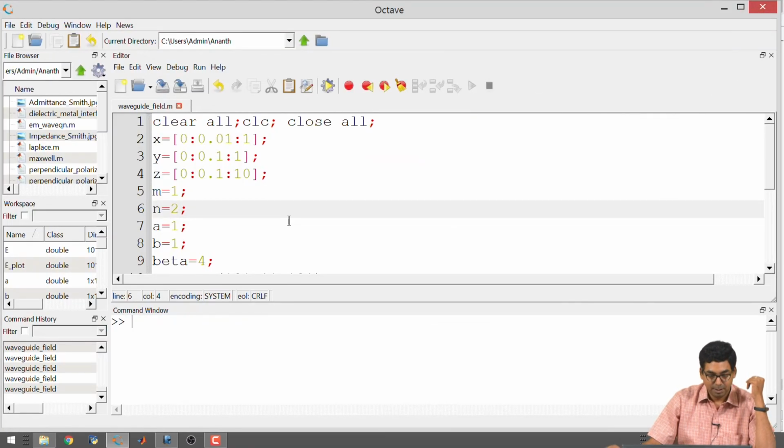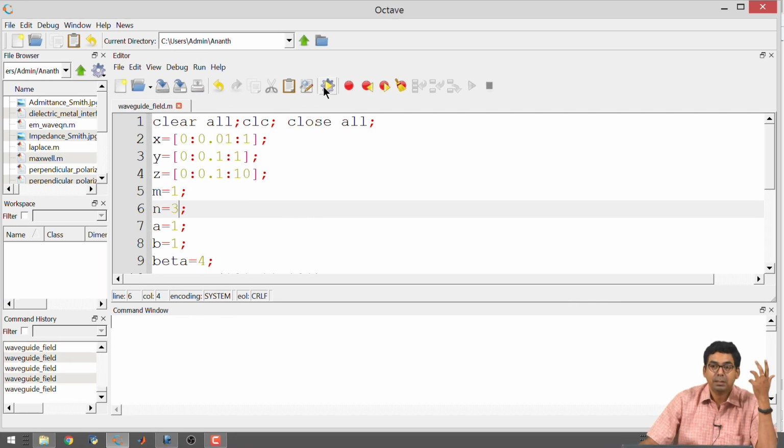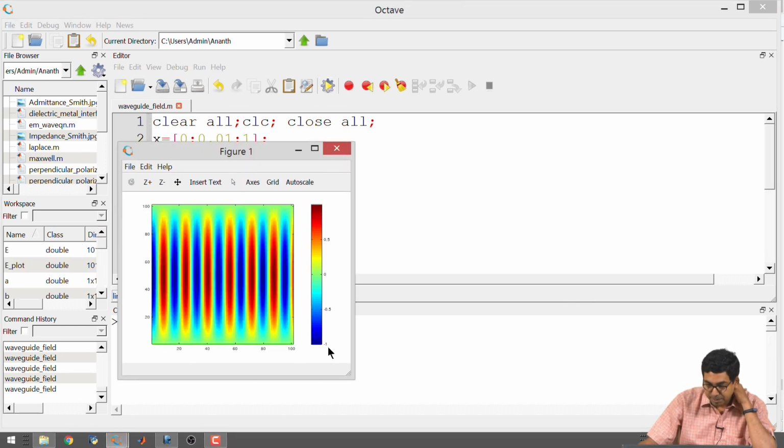Just to confirm this again, I am going to do n equal to 3 and see whether I get back the higher value of field closer to the center. Here I am able to see my field goes from minus 1 all the way to plus 1. You can run some experiments on this and always see what is happening. Instead of taking a slice in this direction, you could take a slice in the other, but I am not doing that because it is a square cross section. All it is going to do is show the same effect in the two directions, and it is not going to give me any significant difference.